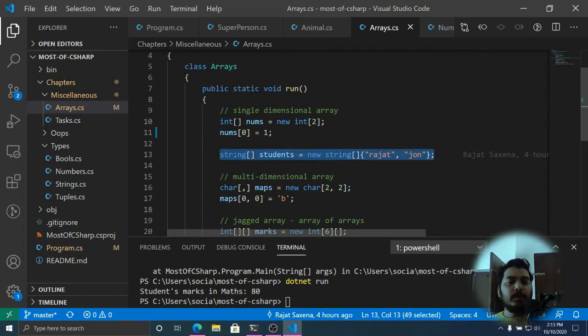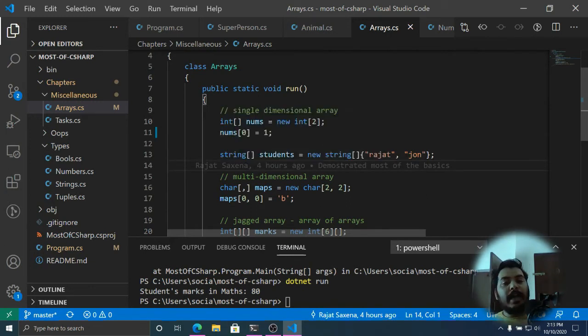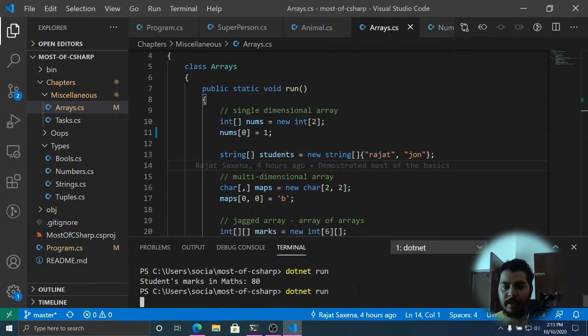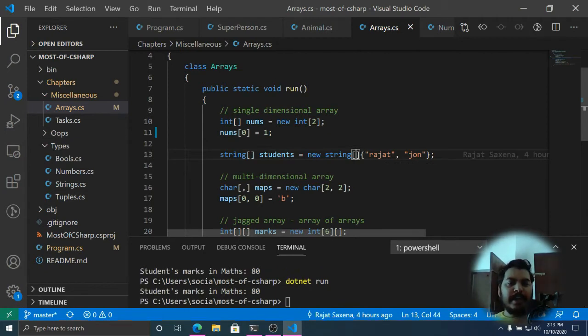Now I can also assign elements to my array at the definition. This is how you do it. So here I am creating an array of type string. It is going to hold the names of the students that are there in the class. I have created a string array, and then I have also initialized it. So here I do not have to provide the length because the length can be inferred from the elements located inside these curly braces. There are 2 elements, so my array is of length 2. Hence I have skipped providing any number here.